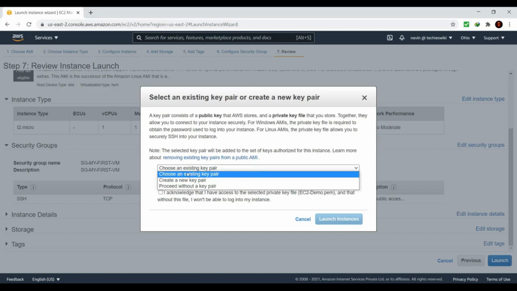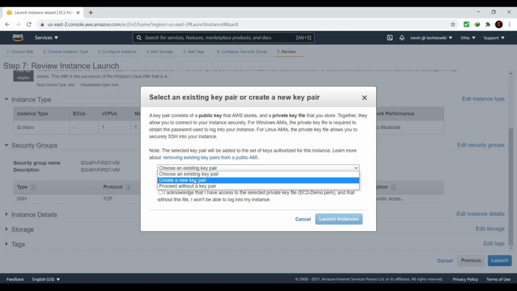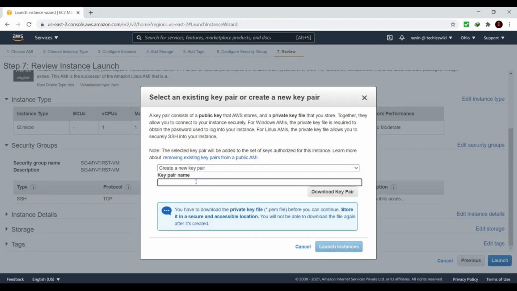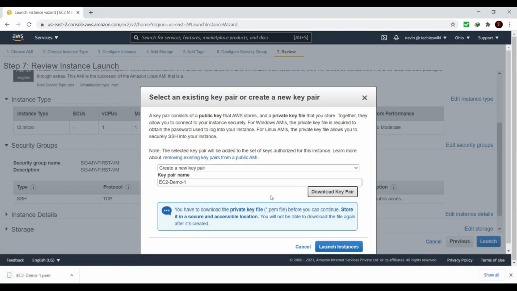So I'm going to create a new one here. Give any name you want, for example EC2 demo 1, and download the key pair. Once that is done, you can click on launch instance.